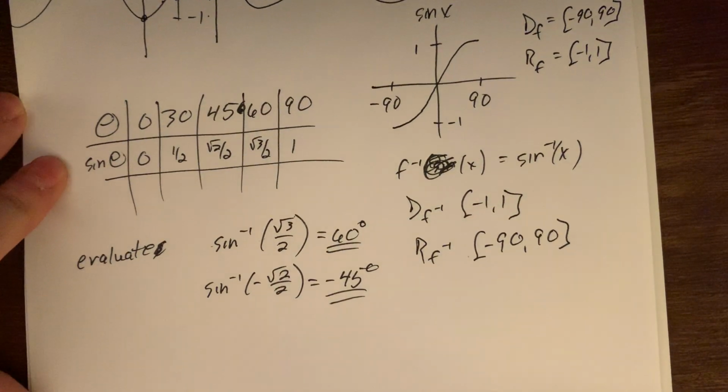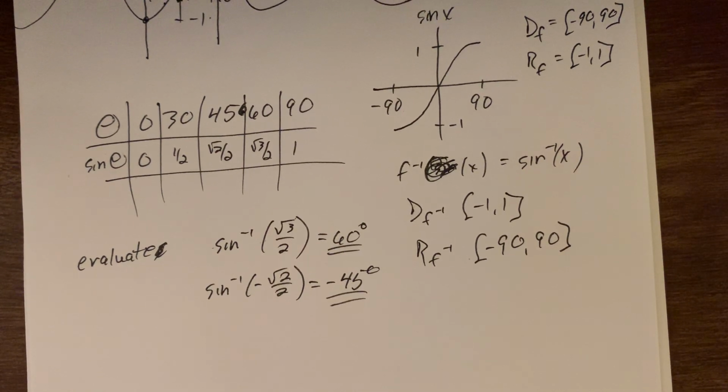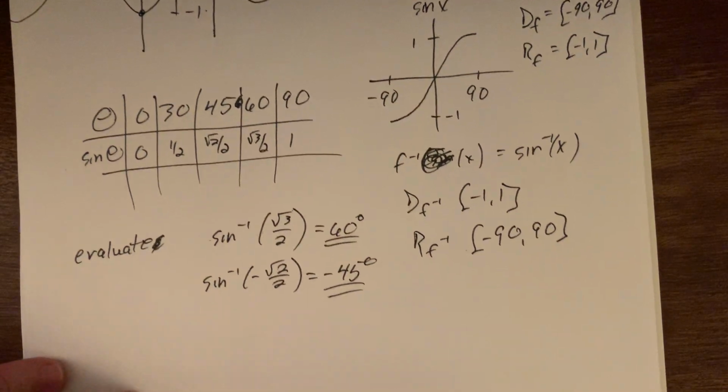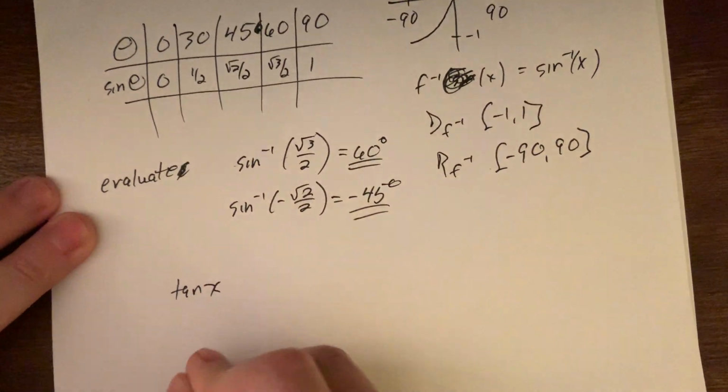Okay, so let's move along. And like I said, let's think about tangent and cosine as well. I'm actually going to jump to tangent next. Traditionally, sine and cosine are the primary two, but in just a moment you'll realize why I'm focusing on tangent next. So if we think about the tangent graph,